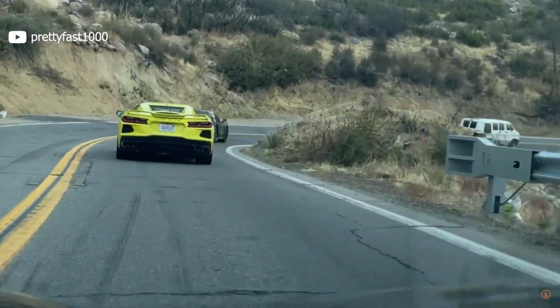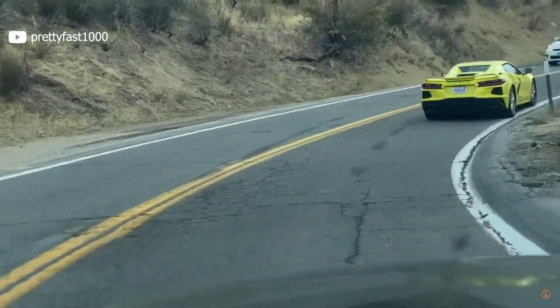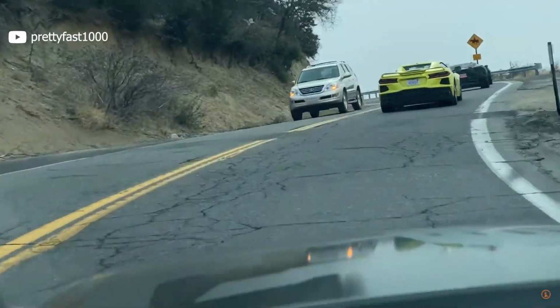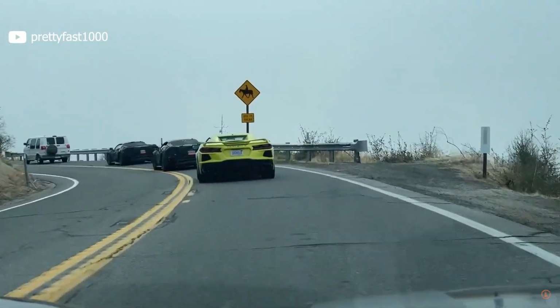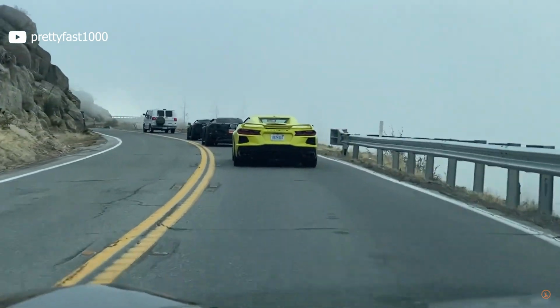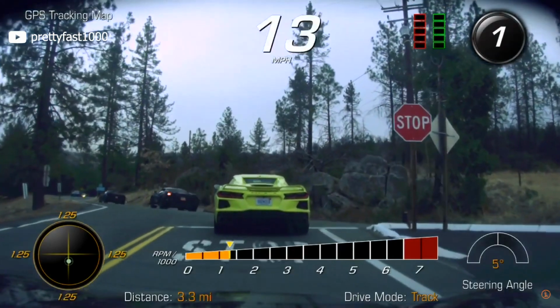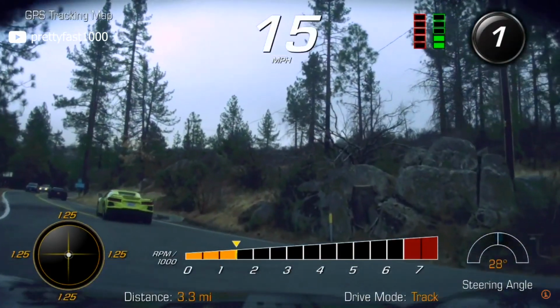My name is Orest. Today we are analyzing this video of 3 C8 prototypes and 1 Stingray that are cruising. There are also some photos that I will display at the end of this video showcasing 5 prototypes in total and 3 Stingrays. So definitely stay tuned if you're interested in an analysis of the prototypes and all the other